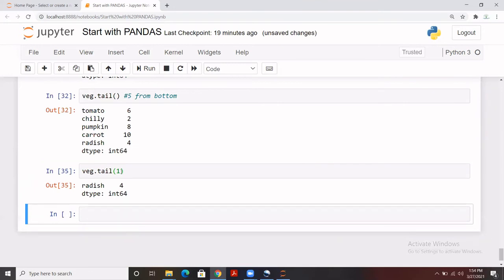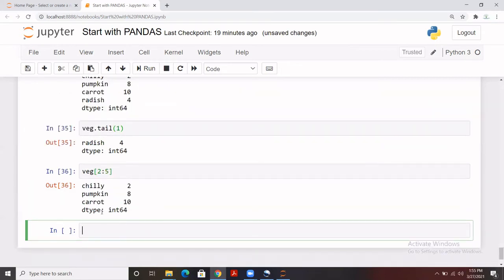Now we have covered from the top and from the bottom. Let's say I want values from the middle of this series, which starts from, let's say, 5 and goes till 10. That's a short series. Here we have a total of 6 elements and I want from 2 to 4. How will I write it? Yes, we can write it in square brackets, 2 to 5. It will go from 2 till 5. We can simply do the indexing here. Head and tail for top and bottom, and in case we need a specific range, we can pass that in square brackets.